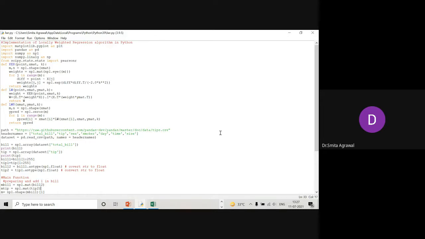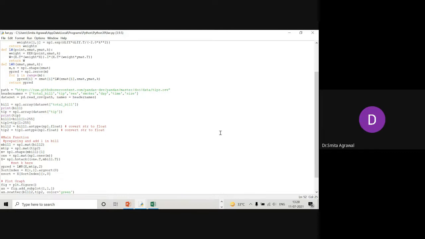Now with the help of this data set, we can extract the values of bill and tip from this existing data set. So bill is equal to np1.array of data set total bill, then print bill. By using this variable bill, we are storing the values of bill in this particular variable.